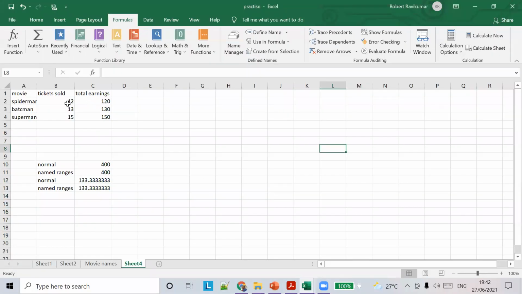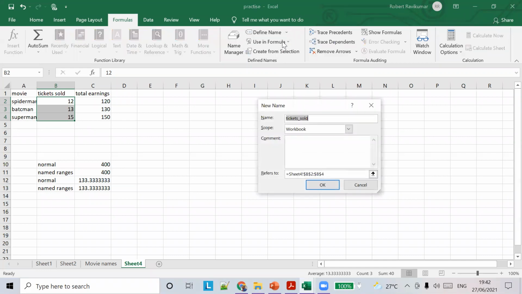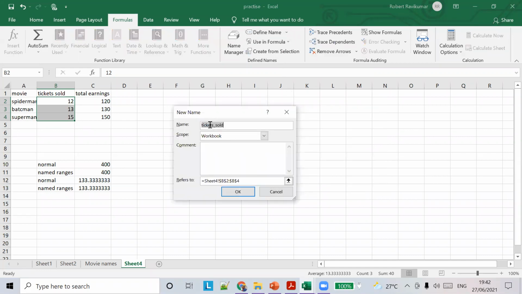Let's create another one. Let's say I want to create a named range for the total tickets sold. Can someone tell me how to do it? First I select this range, then go to define name, click on it. Now by default it has given us a name. Even if you want, you can change the name to sold tickets.